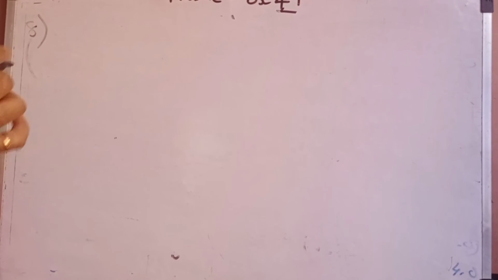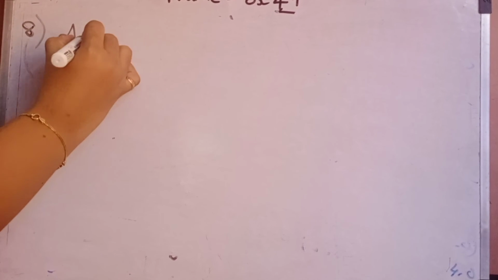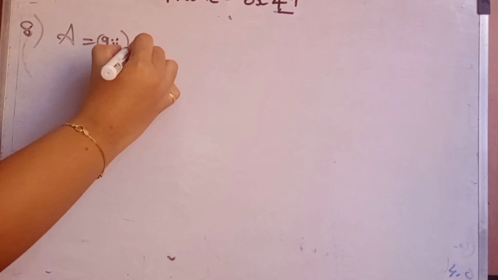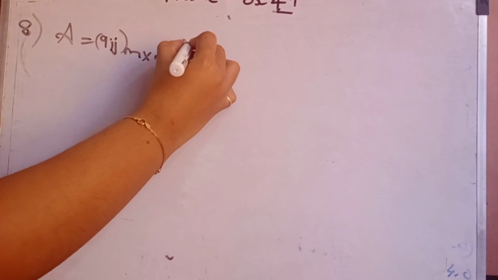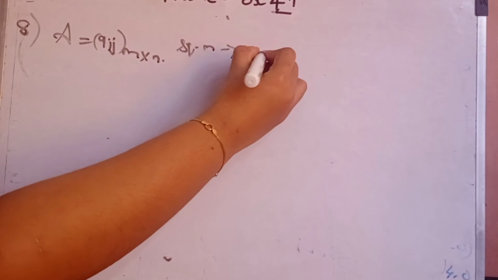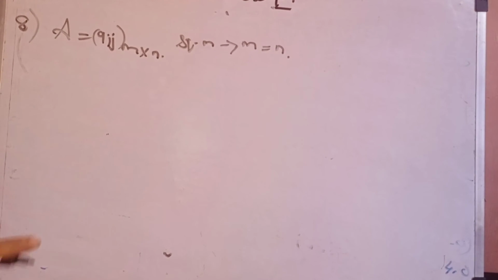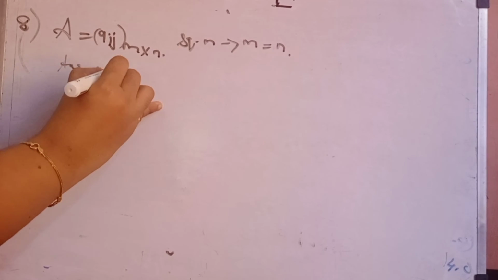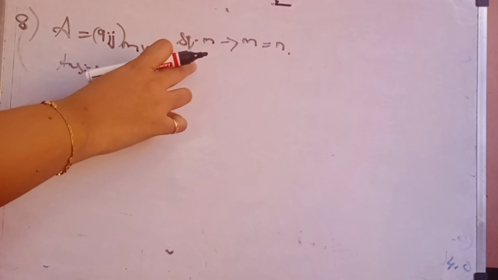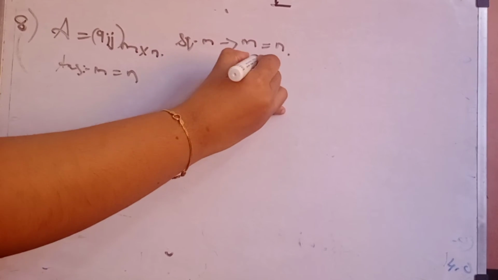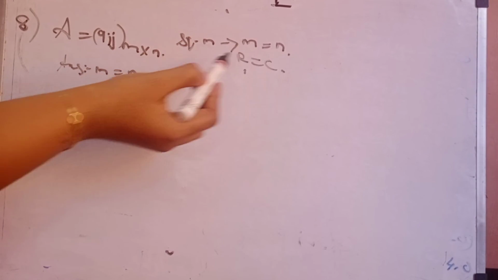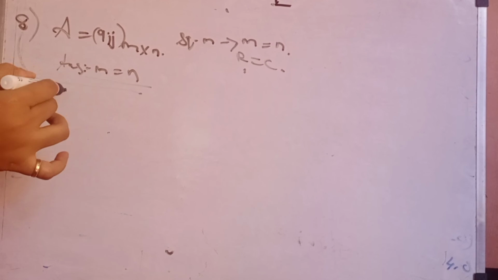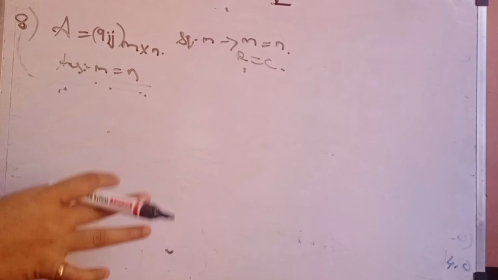Okay. So next question, the 8th one. They have just asked us to find what is the matrix. It's just a one word thing, right? A is equal to aij, m into n. So a square matrix they have mentioned. We know that square matrix means the rows and columns will be equal. So the answer for that will be m is equal to n. We know, right? Square matrix is nothing but r will be equal to c. So by using that we can find what is possible in the answer. m is equal to n is the only possible answer we have.